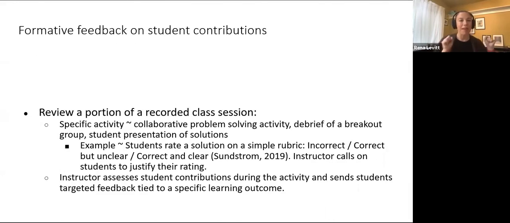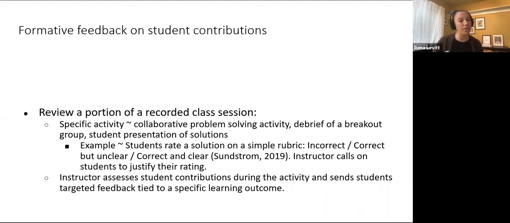So if I'm not giving them feedback on one of their 2 quizzes, it's because I'm going to give them feedback on some sort of verbal contribution that they've given in the course. So all Minerva classes are recorded. And what I'll do is review a portion of that recorded class session. So maybe it's a collaborative problem solving activity, maybe we're debriefing a breakout group where they did a problem set,